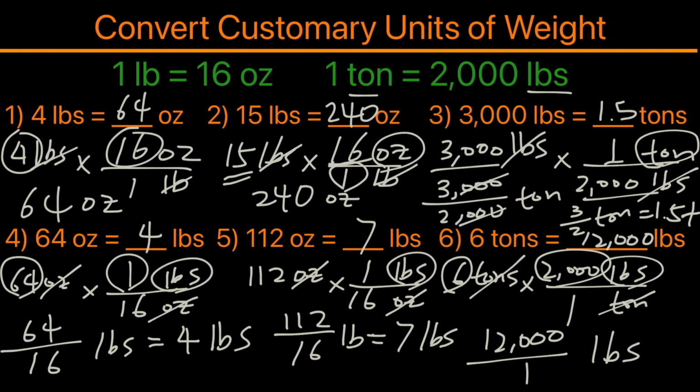So these are 6 examples of how you would convert customary units of weight, from pounds to ounces, from tons to pounds,